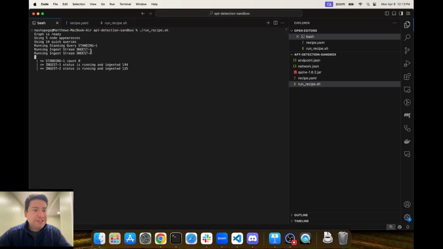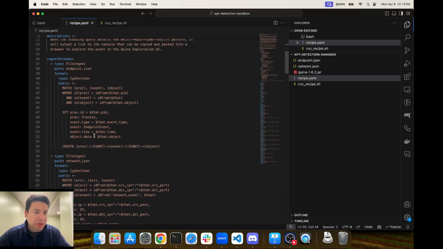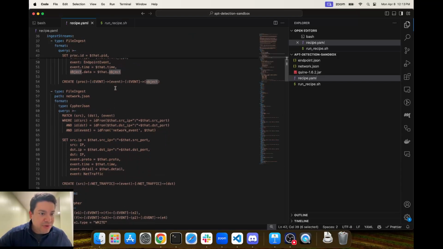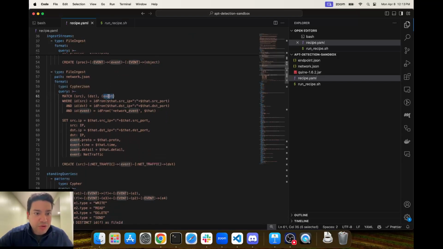It is ingesting data from EDR logs and network logs, and setting up a standing query to look for some kind of pattern. When we are ingesting EDR records, we are persisting a node for every single record, along with a node for every unique process ID and unique object that was interacted with. For every network log, again, we are creating a node for every event, along with a node for every unique